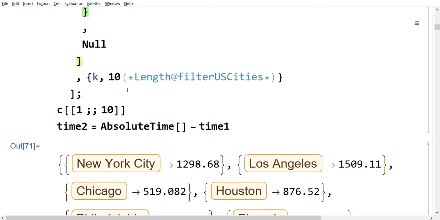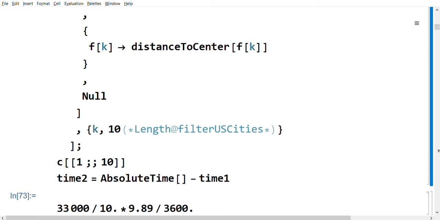So here I'm just going up to length 10. I'm not getting all the cities. I'm just trying to get a feel for how long it's going to take. I can see the output here. It's probably better if I block it. So right here, so I'm